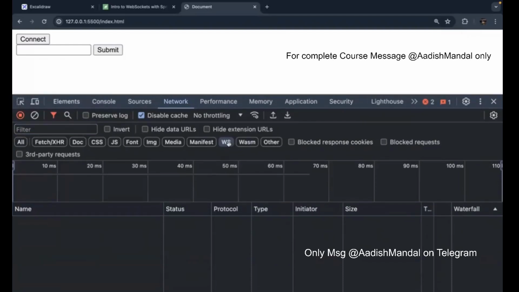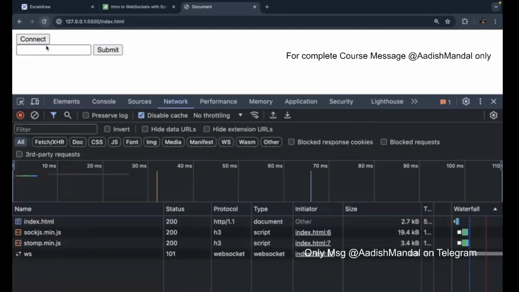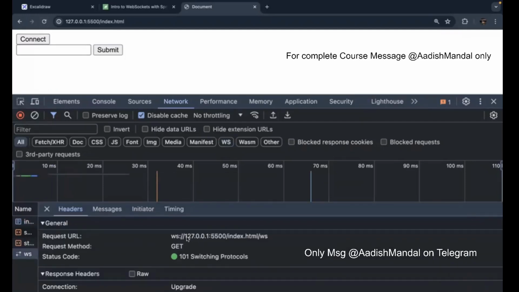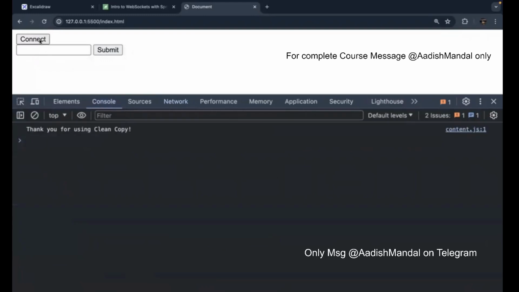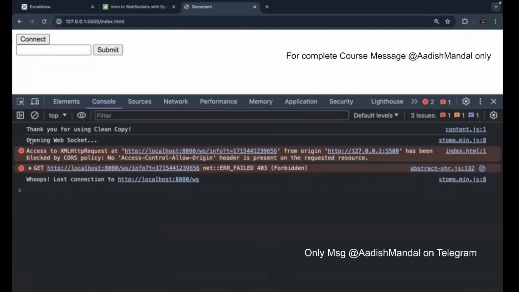Let's click on all. And refresh once. Okay. Can you see there is a WebSocket request? The moment we reload, there was a WebSocket connection that has been sent. Yes or no? And the moment I click on connect, it says opening WebSocket and it says, whoops, lost